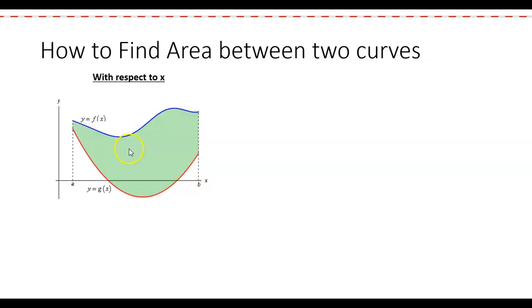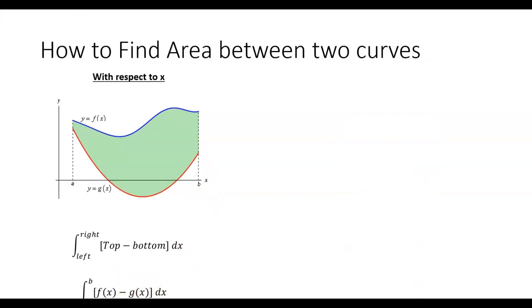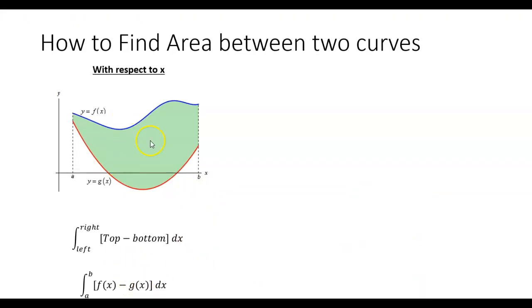So first of all, with respect to x, if you want to find the area between two curves that might look like this, basically what you would need to do is take the function on the top and subtract from it the function on the bottom, and then integrate from the left endpoint, which is a, to the right endpoint, which is b. So using these particular letters and numbers up here on this graph, we would have this integral, which represents this